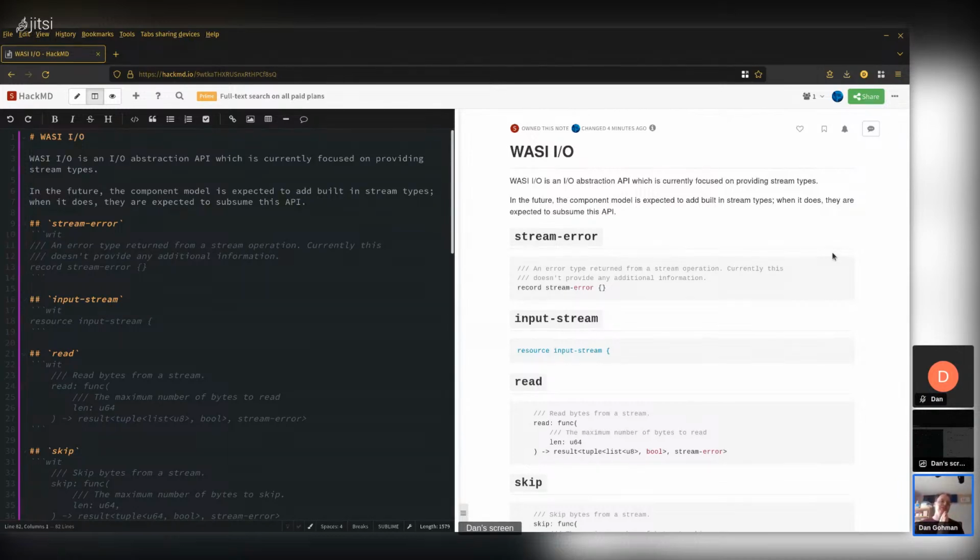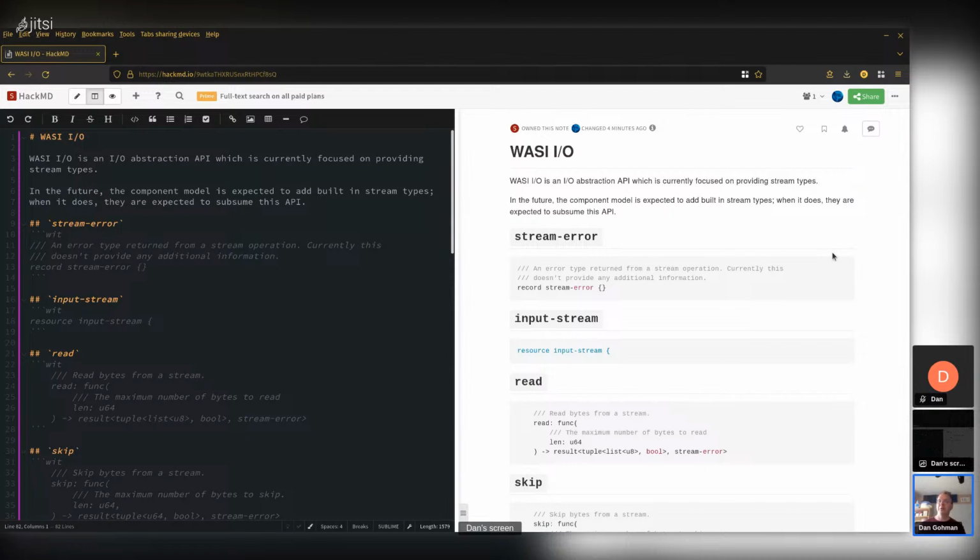Another advantage of building streams into the IDL is that we can make them typed streams. So byte streams are obviously a really common use case, but there's actually a lot of cool things you can do if you can say that these streams aren't just streams of bytes, but could be streams of any type T. And when you can stream typed objects between components, that's a really powerful way of composing things together. That won't be possible here because the IDL doesn't have full type generics. So we're going to just focus on byte streams.